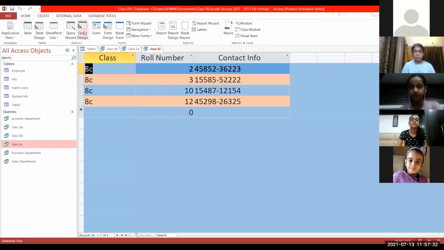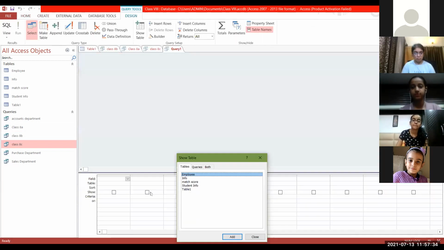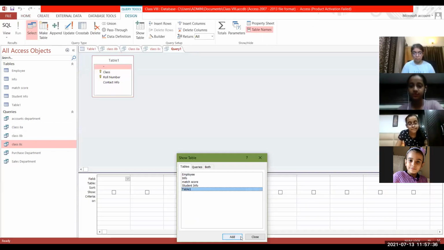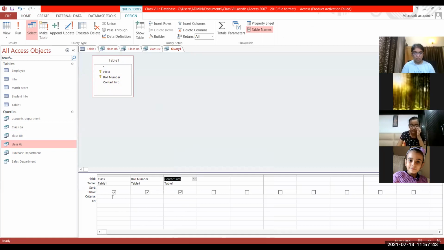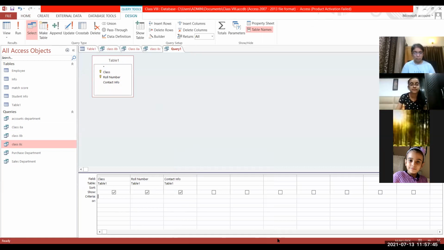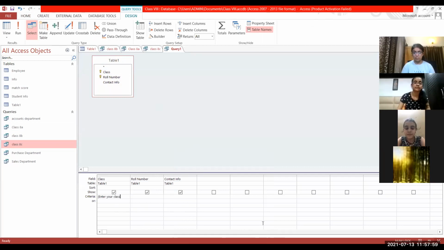Click on create tab, query design, select the table, close, add all the fields. Clear? Now in criteria section, I want to give not a particular class, but in square brackets, a message that should be displayed in the dialog box: Enter your class.